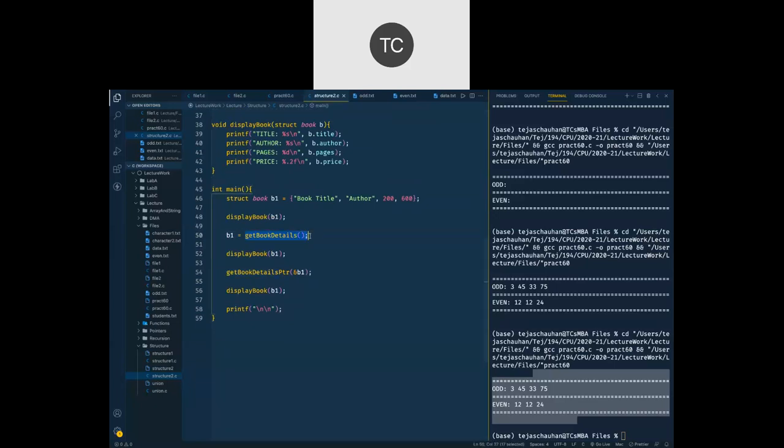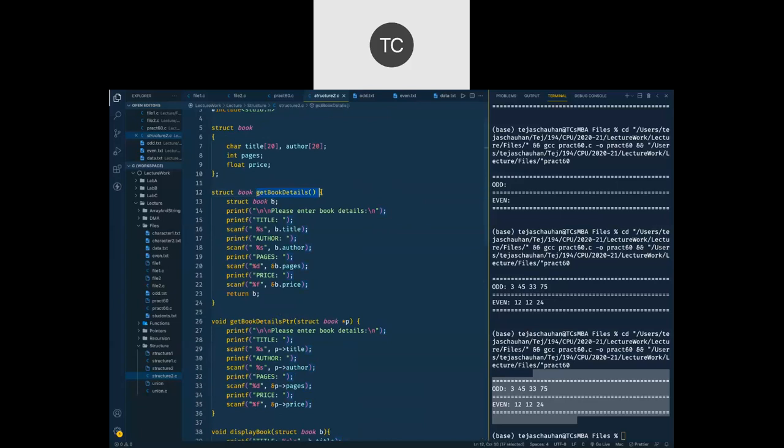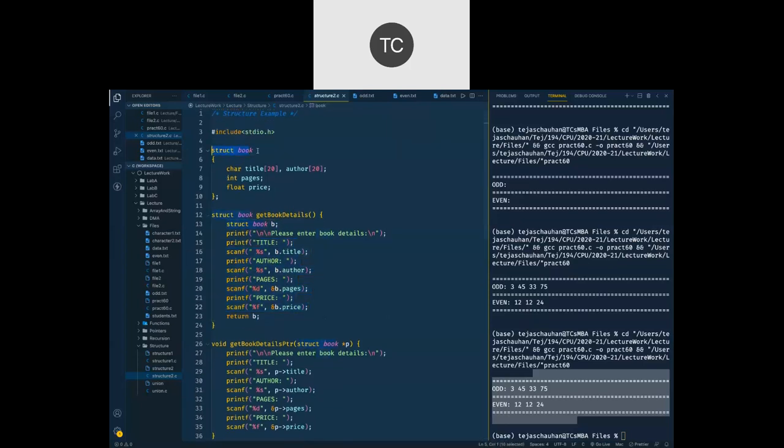We haven't passed anything as a parameter. Now when you go to that function get book details, inside that we have one variable. Now this variable is going to be a local variable, and we take multiple values and then we return that variable. Now at this point of time you can say that you are returning multiple values using a structure.